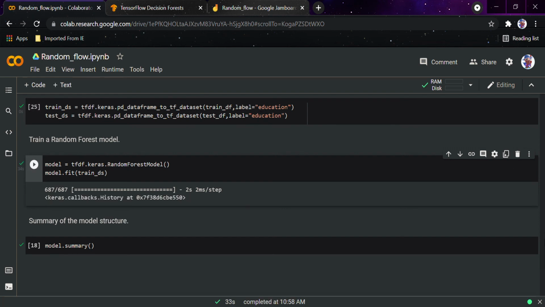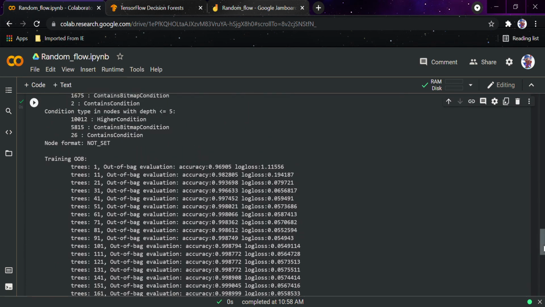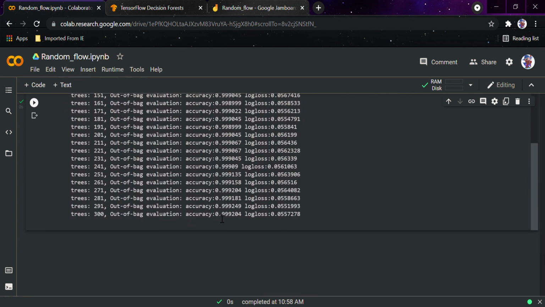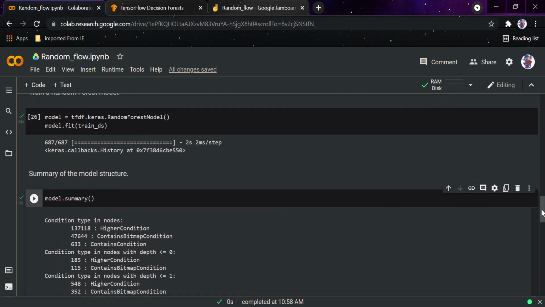If I wanted, I could have taken any other label also, but I took it as education. Now I would do model.summary, and as you can see, the training went like this. The accuracy was 96%, and it kept on increasing, and at the end it was around 99%. I know you must be thinking 99.92% is like overfitting of the model, but right now we are just focusing on the algorithm and how the decision forest and random forest part has been implemented in TensorFlow.